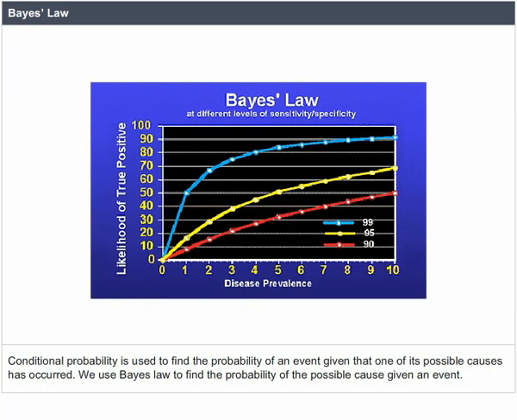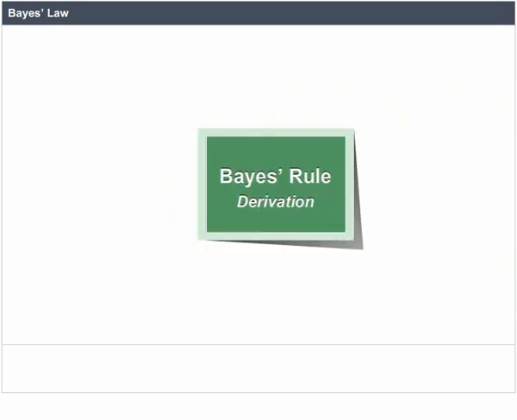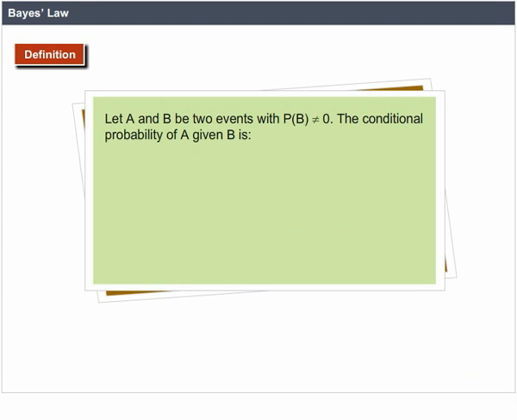Bayes' law. Conditional probability is used to find the probability of an event given that one of its possible cases has occurred. We use Bayes' law to find the probability of the possible cause given an event. Definition: let A and B be two events with P(B) not equal to 0. The conditional probability of A given B is P(A given B) equal to P(A intersection B) divided by